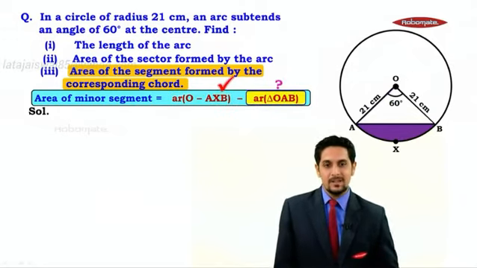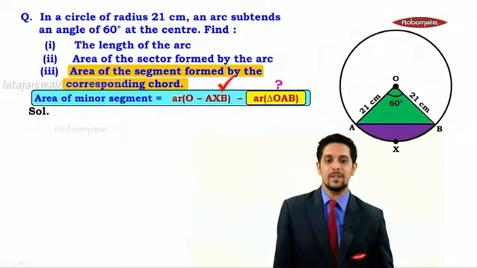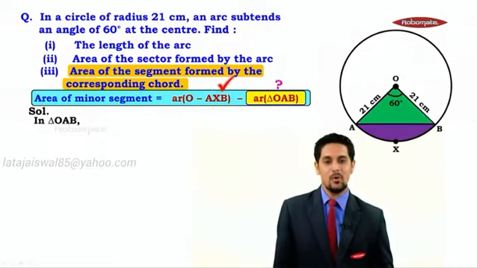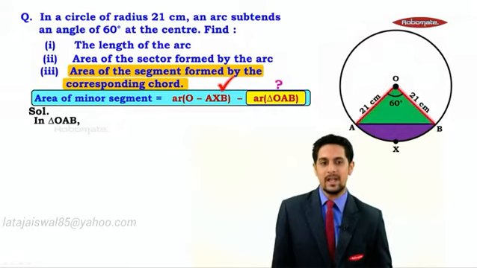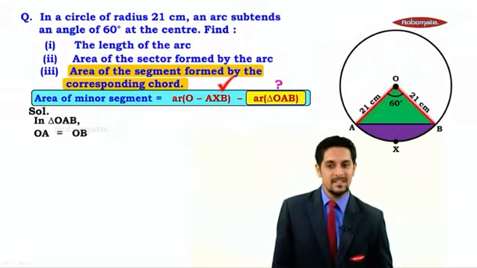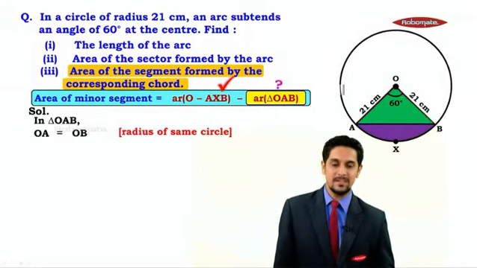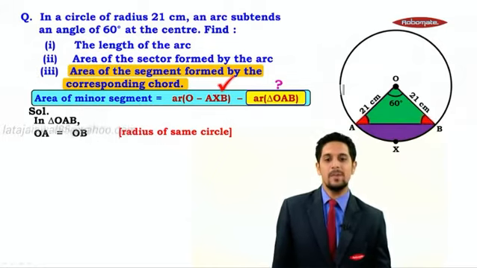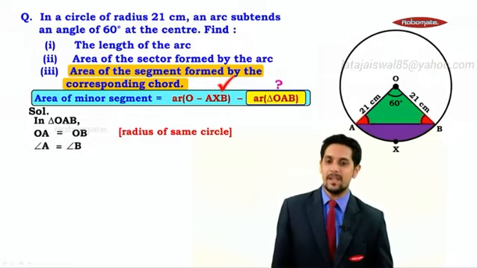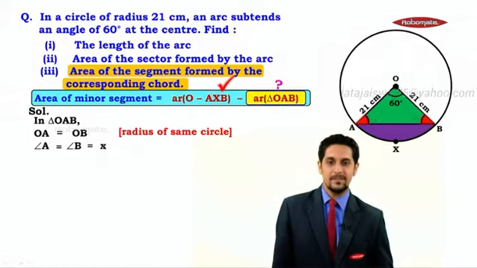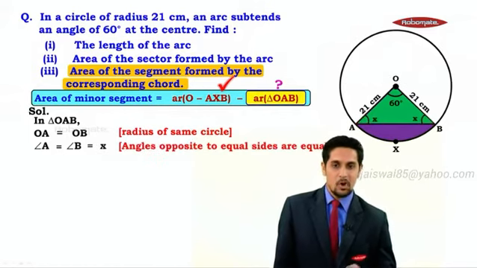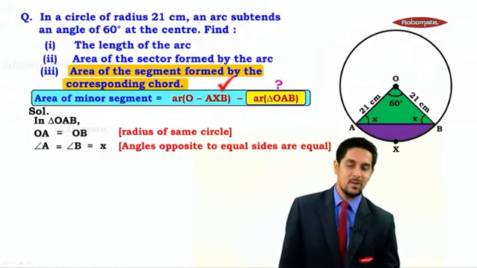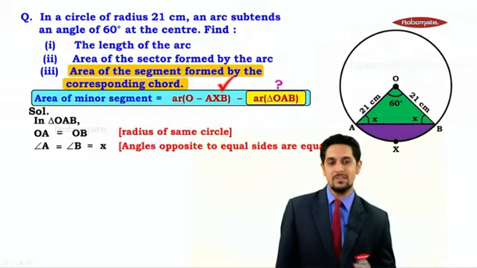For this triangle, let us observe it carefully. So we write in triangle OAB, we can say OA and OB are equal since they are the radii of the same circle. Further, we can observe the angles OAB and angle OBA. These two angles, angle A and angle B, will be equal. The reason will be angles opposite to equal sides are equal,